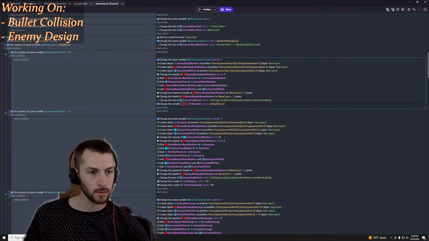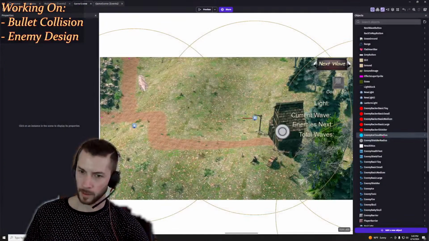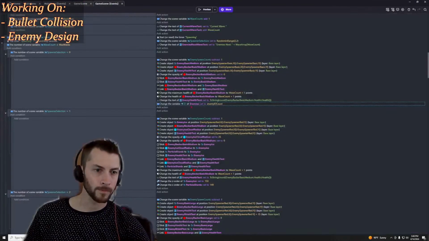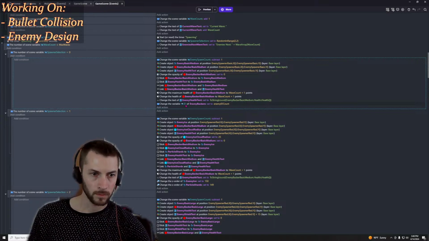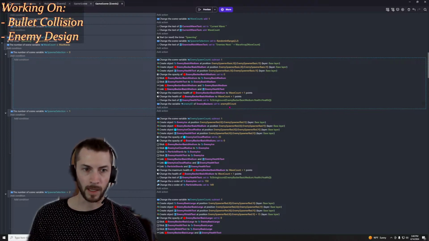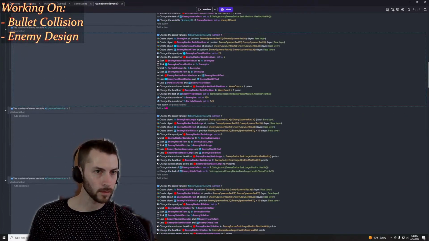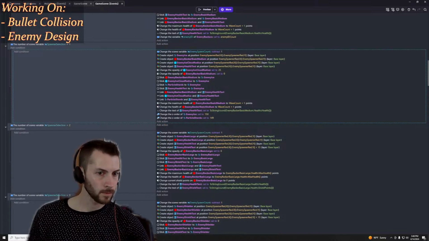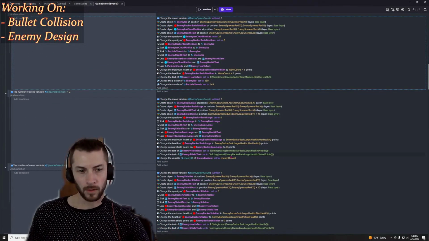And then let me... Wait, why did this not take? Let me double check the naming convention here. Oh, I know why. This is not of enemies, this is of backers. Here we go. Enemy ID of enemy backers is set to enemy ID count. Let me go ahead and copy that, and I just need that over in number 2. Paste that in there, and so now